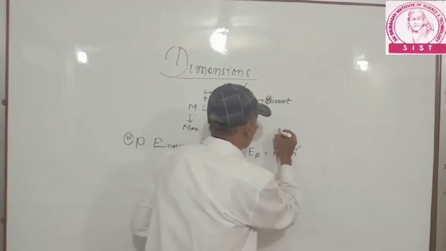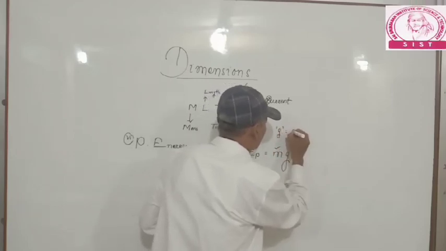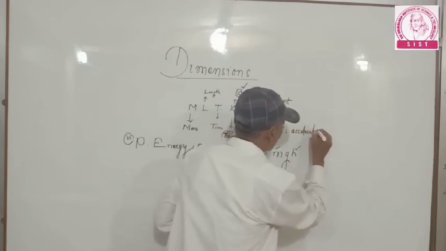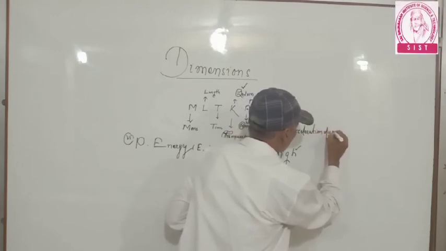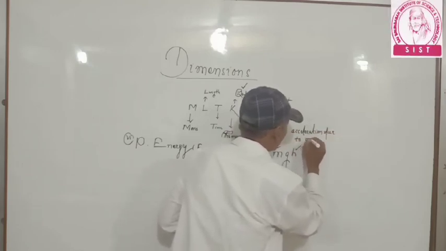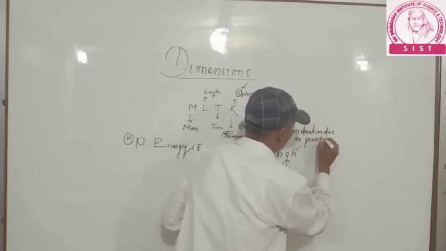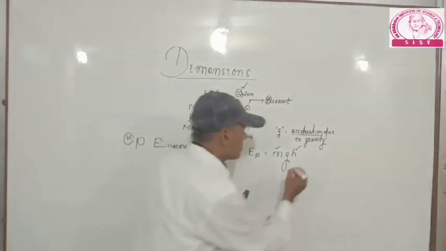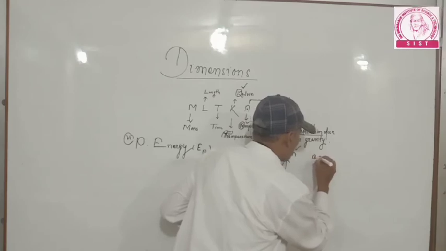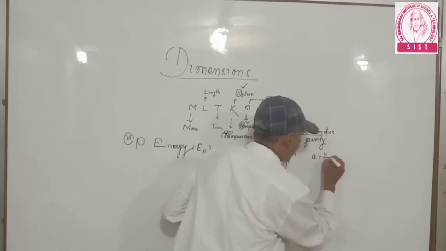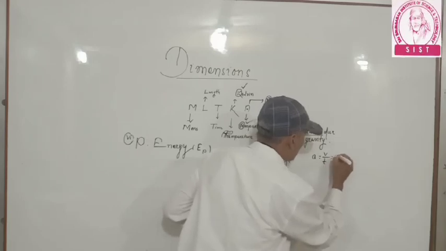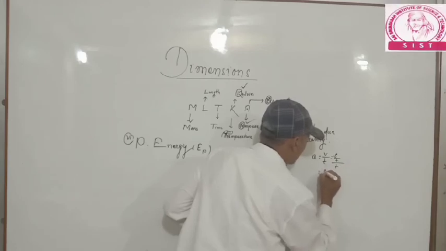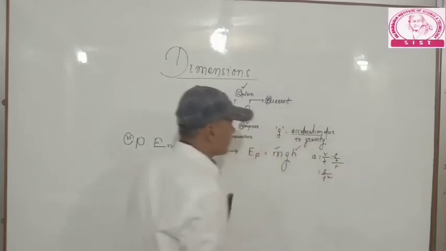It is called acceleration due to gravity. g, its name is acceleration due to gravity. Here it is written acceleration. So you know what is acceleration? It is equal to S by T by T. It is equal to S by T square. So now